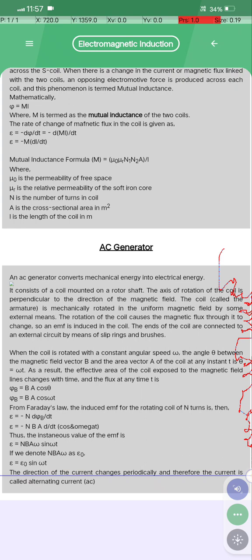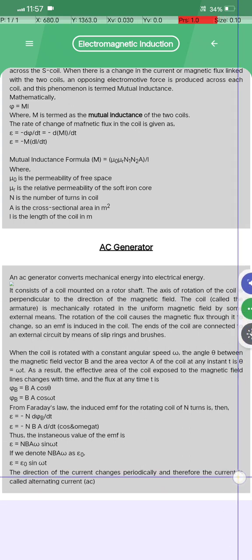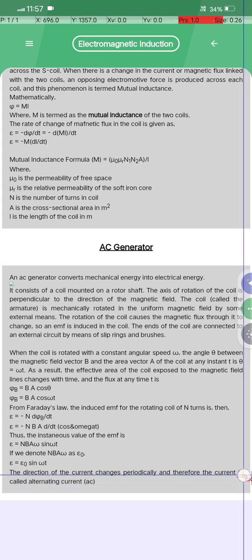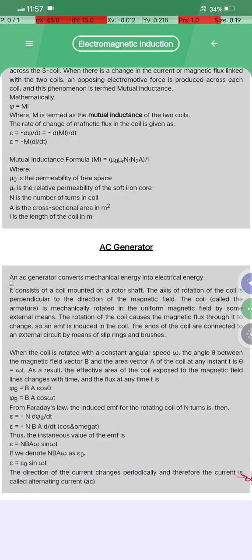The direction of the current changes periodically, मतलब करंट का डायरेक्शन तो पीरियडिकली चेंज होता है, एंड देयर फोर द करंट इज अल्टरनेटिंग करंट। ठीक है ना, मतलब पीरियडिकली मतलब अपने आप बोलते हैं ना, अपने आप बढ़ता घटता रहता है, इस कारण से इसको हम लोग पीरियडिकली चेंज भी कहते हैं इसका।